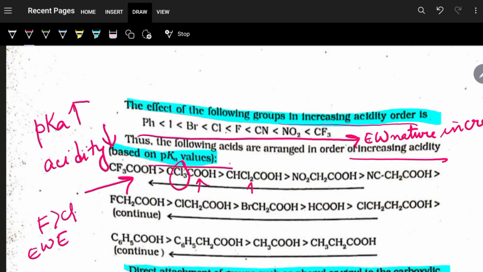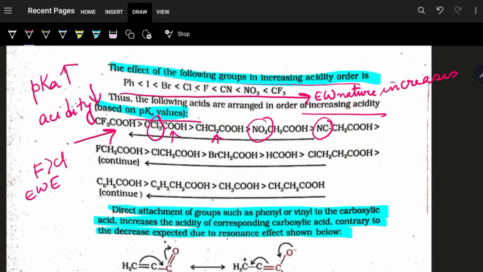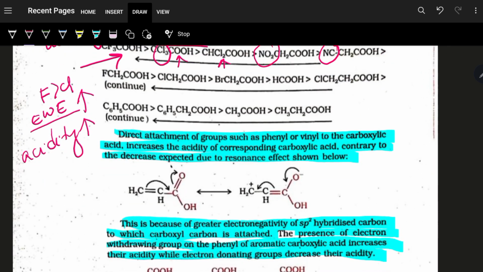Now here and here what is happening? The number of electron withdrawing groups is decreasing from Cl3 to Cl2. Then you go to NO2, an electron withdrawing group, but it has less effect than Cl, which is more electronegative. Move on to CN, an electron withdrawing group, but less than that of NO2. That is the order. It goes on in this manner. So I can say that if the electron withdrawing effect is greater, then acidic strength or acidity will also be greater. And if the number of electron withdrawing groups increases, then acidic strength also increases because the